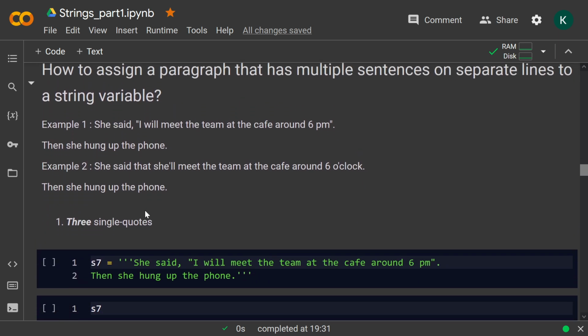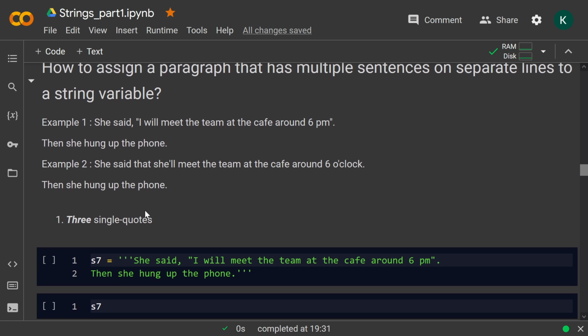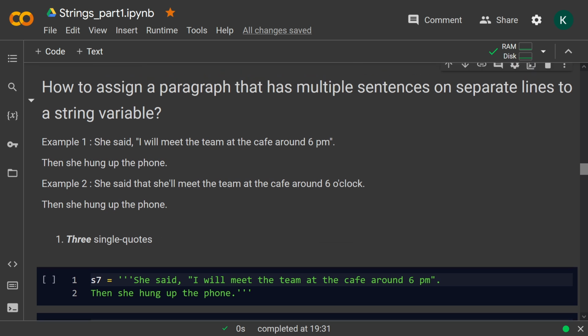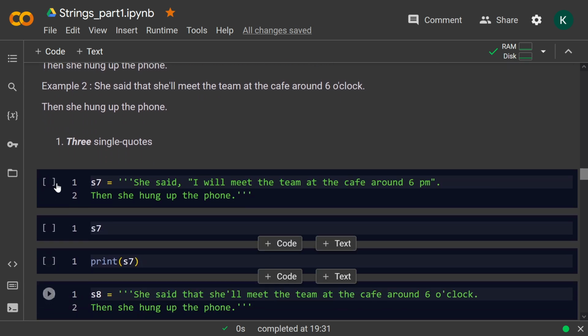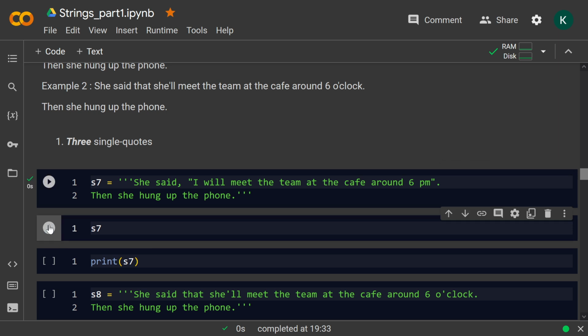So here three single quotes and three double quotes prove useful. When we have three single quotes, we can use three single quotes for the first sentence and it will be stored smoothly. So three single quotes, she said, I will meet the team at the cafe around 6 p.m. Full stop. Then there is an enter. You will press enter because you want to end the sentence over there. So you press enter and then she hung up the phone is on the next line. And then you close the string with three single quotes. So when you run this, you will find that